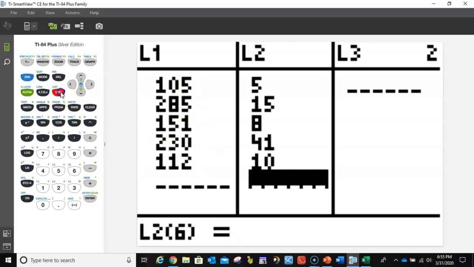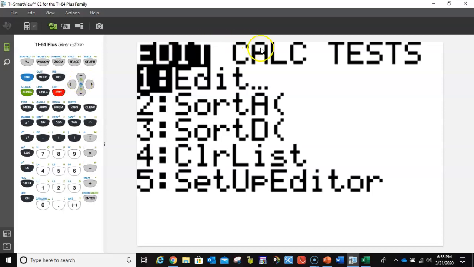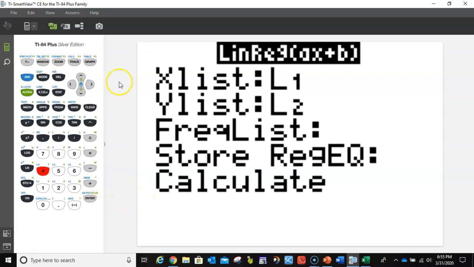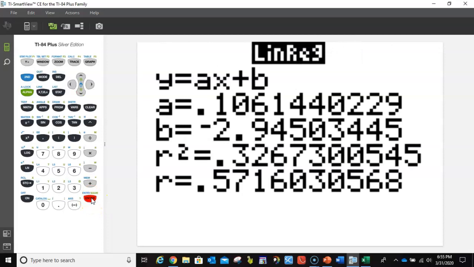And then I want to go back to stat. And this time I want to calculate. And I want to calculate one variable statistics. Actually, no, I don't. I want to calculate number 4, linear regression. Number 4, linear regression. In section 2, we'll do this for the equation, but we can do it now in section 1 to find